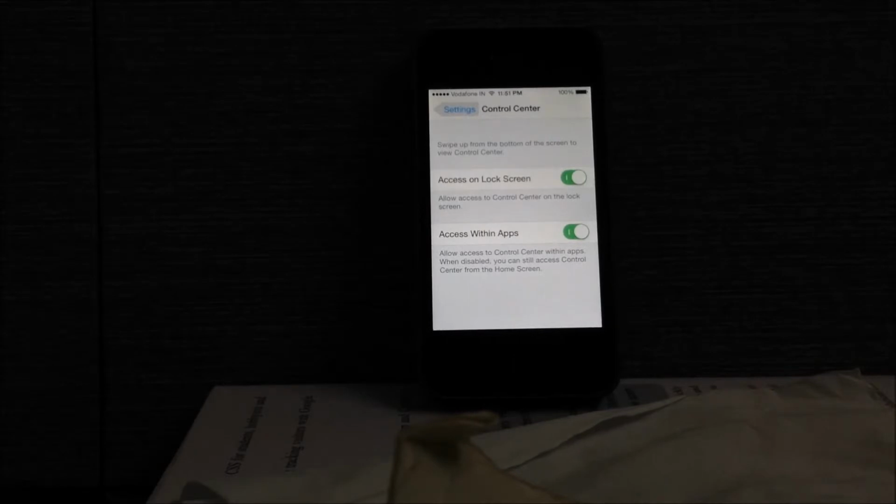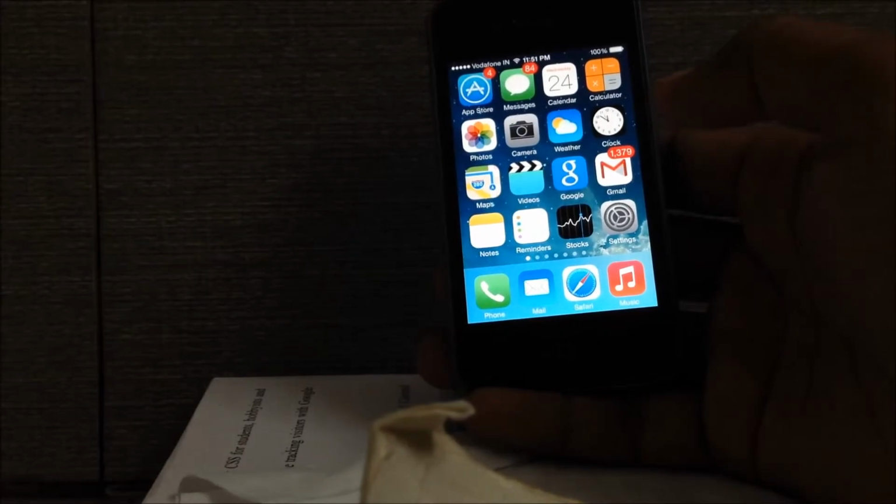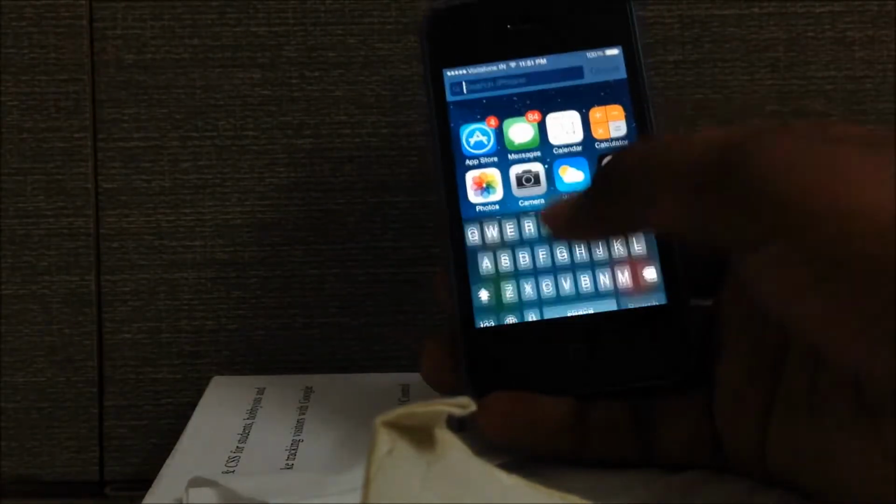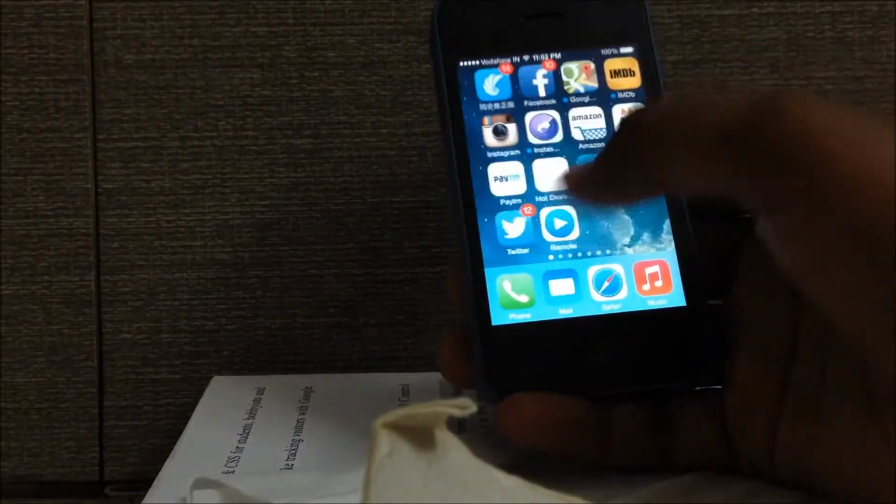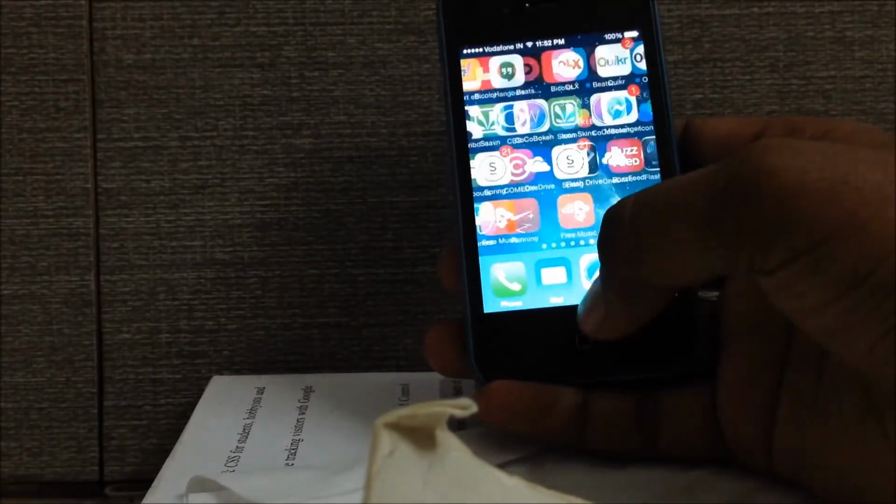So it is good practice to keep all these things handy and maintain your phone, because it is your phone, and if there is any problem, then Apple is not gonna replace it for you under the warranty. At least it happened with me. I had to pay for the new battery even though it was under the warranty period.